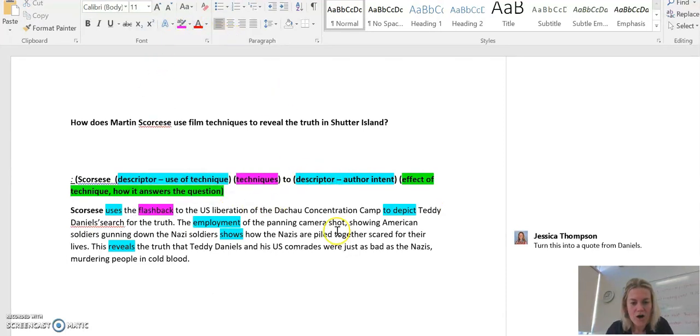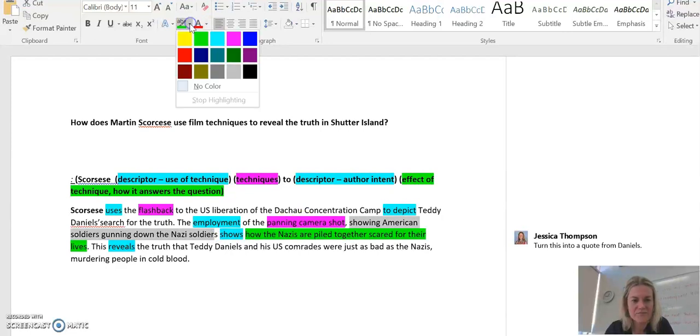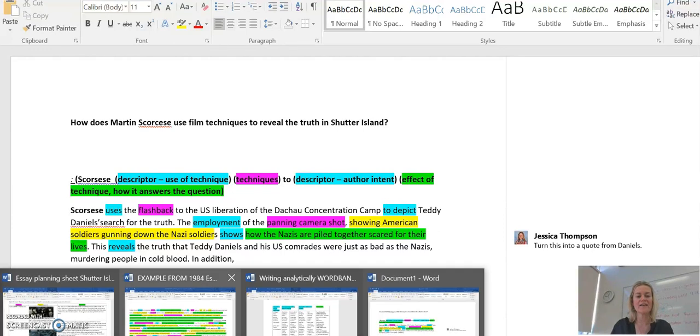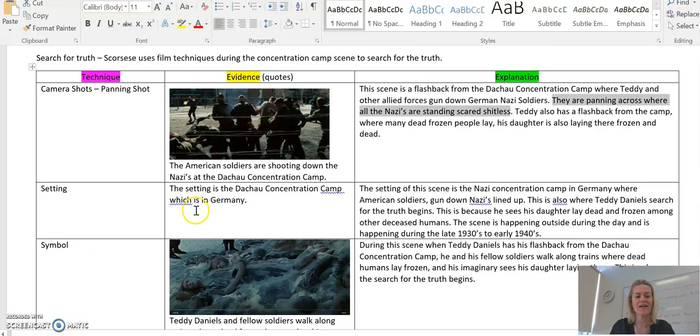You have got technique here. Okay. All right. Got the evidence here. Okay, then you would add in addition, so a connective, and then you would go back and add another sentence. Okay? So